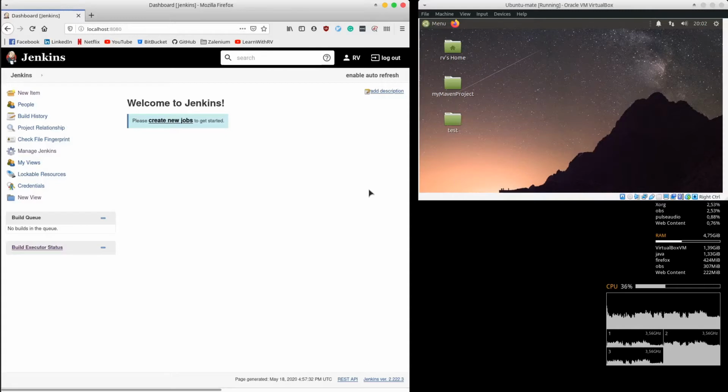Hey everyone, during this tutorial we will see how to create a Jenkins slave on a virtual or remote machine